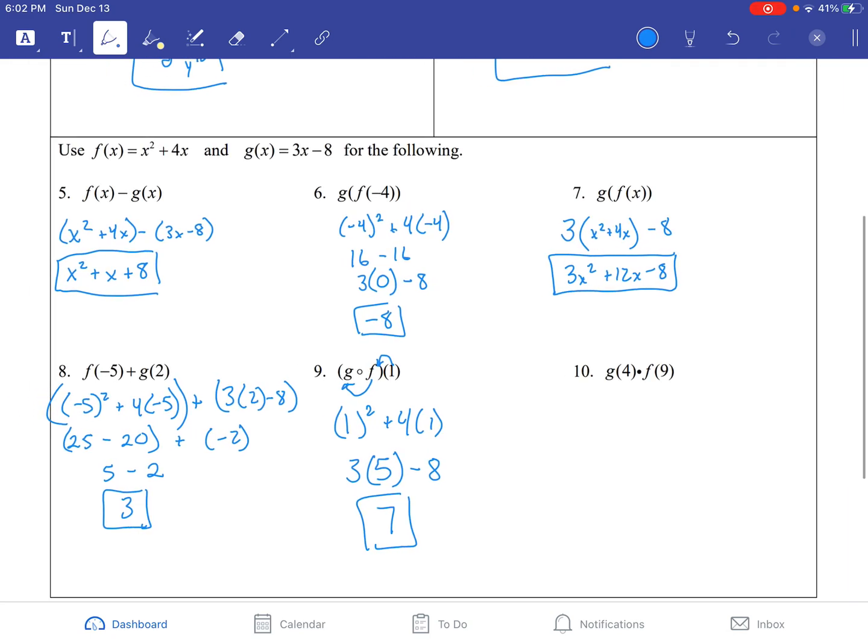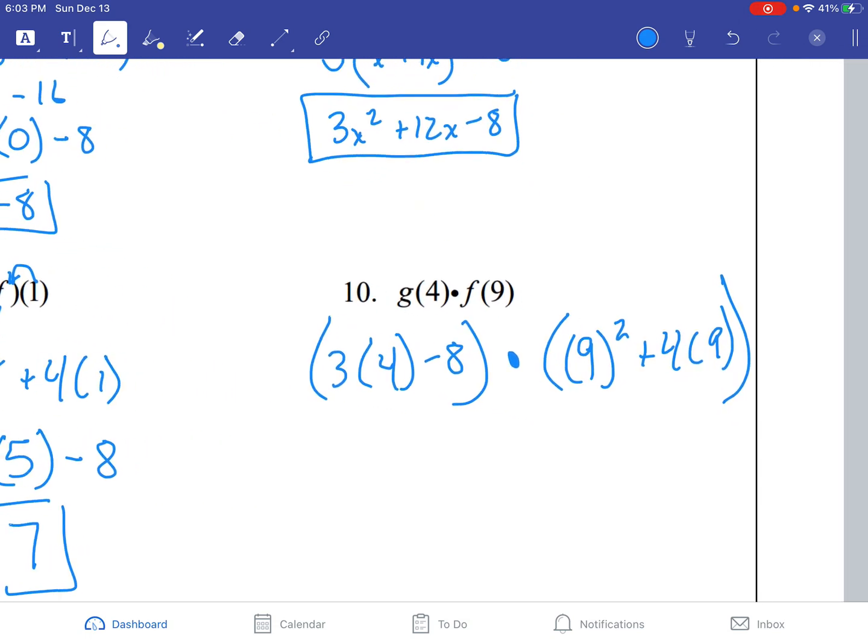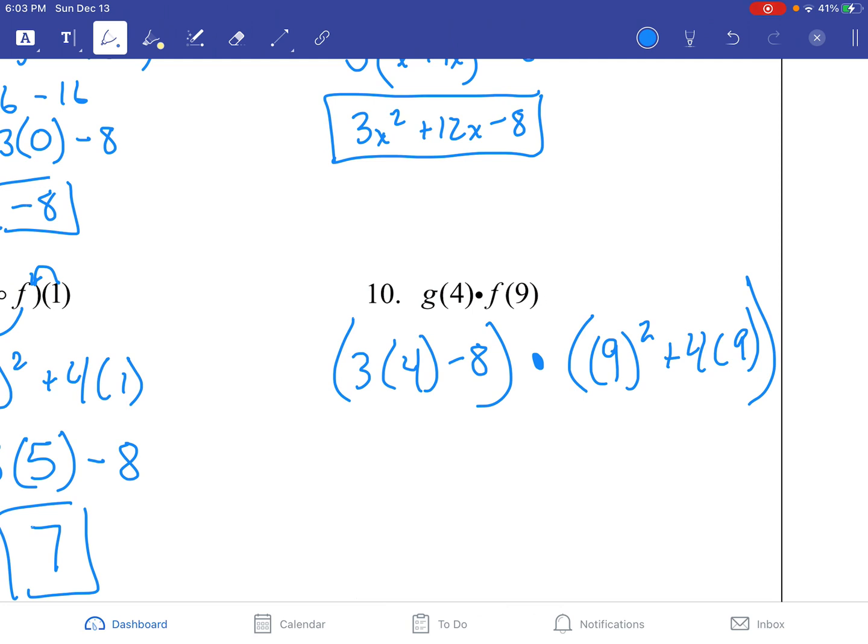All right, lastly, we're going to do g of 4, which is going to be 3 times 4 minus 8 times the f function, which is going to be 9 squared plus 4 times 9. All right, again, I'm putting both functions inside big parentheses to keep them separated until we want to multiply everything together. Okay, so inside the g function, we have the 4, so we have 3 times 4, minus 8, it's going to give us 4,